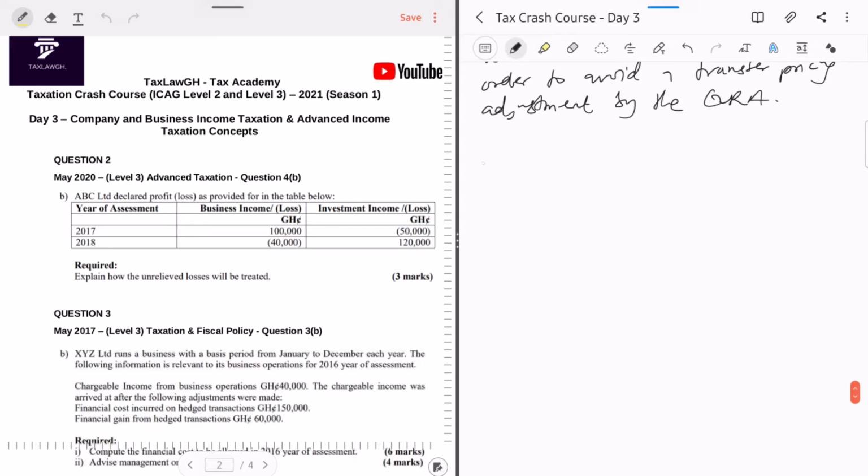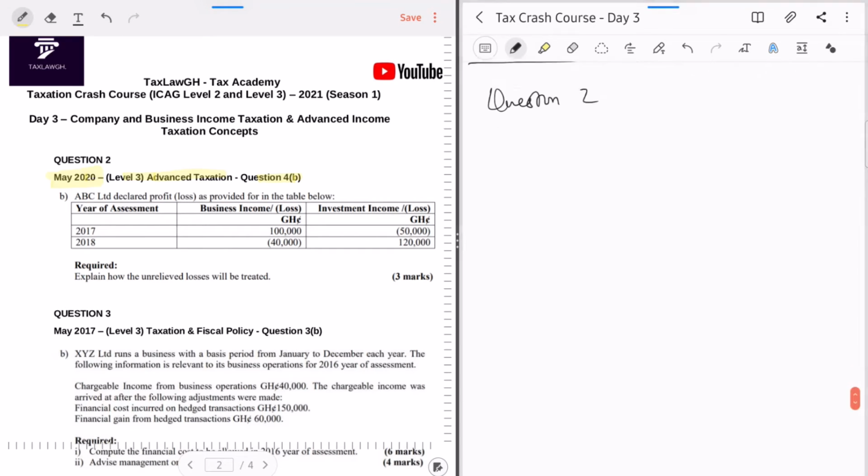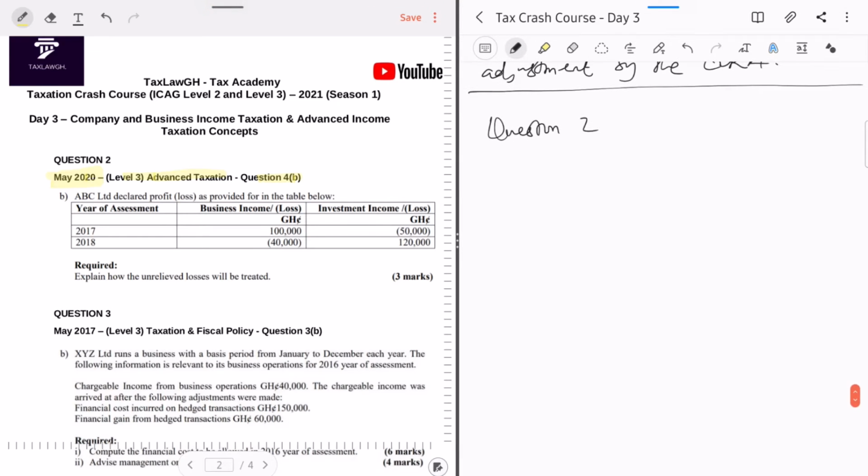So here, let's take our second question. This was question 2 for us. This was May 2020, level 3 advanced taxation, question 4B for 3 marks. Okay, so let's write the general rule first according to the law. Section 17. Once again, if you don't know the section, don't stress. Just write the Income Tax Act provides that,